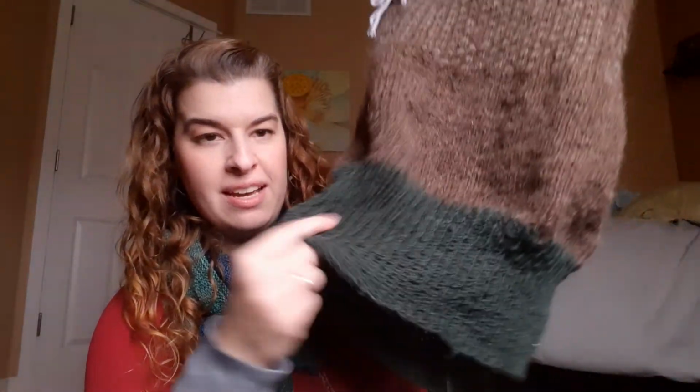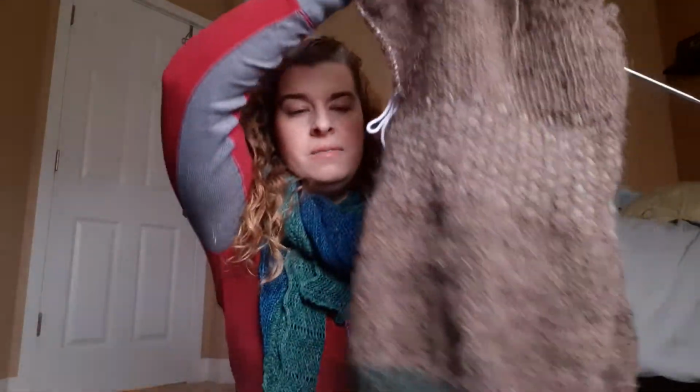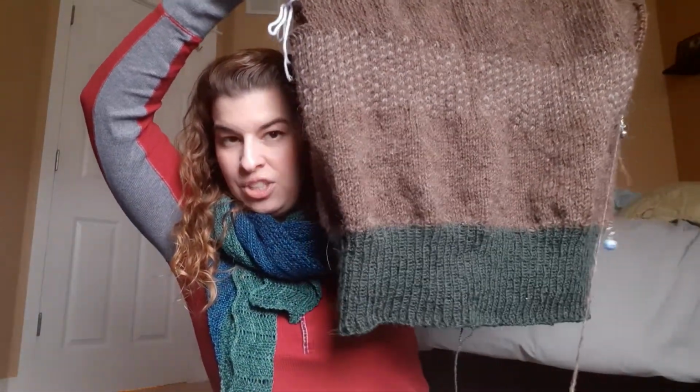But I finished the bottom, so I have cast off, or bound off, the edge. I think it's called Jenny's Surprisingly Stretchy Bind Off. So it gives you that amazing stretch. Check that out, guys. Isn't that nice? So this is not by any means a sweater that's going to be super form-fitting. It's definitely a more comfy sweater. But you can see that it's going to cinch in, and lengthwise this is going to be so nice because